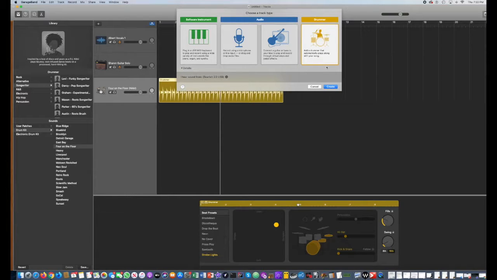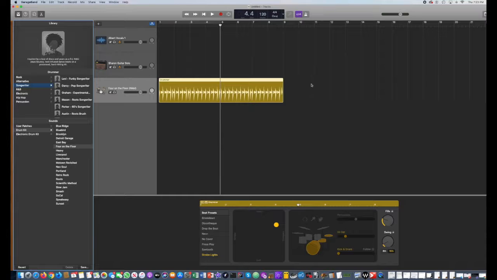Okay, you're not going to break anything by creating an audio track. You can always delete it if it's the wrong one, right? So don't be afraid of using it. Just go back and go, nope, I meant to create a drummer track, right? Okay, so we're not going to open another track here. We're going to finish this out by